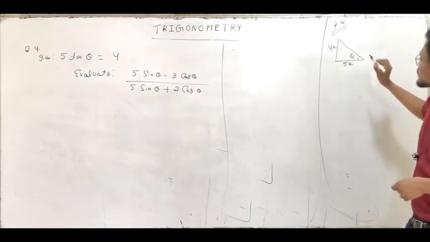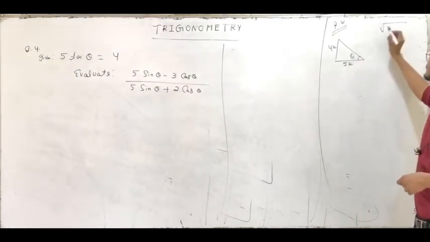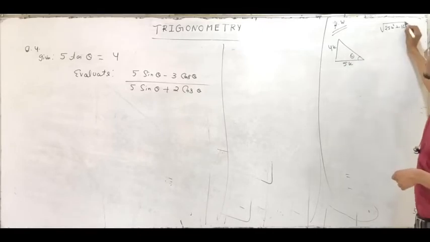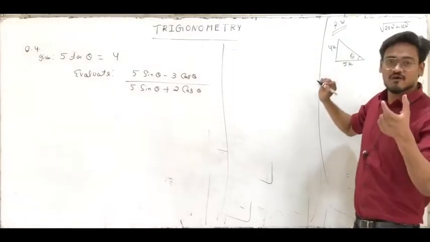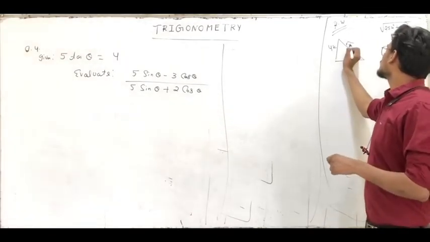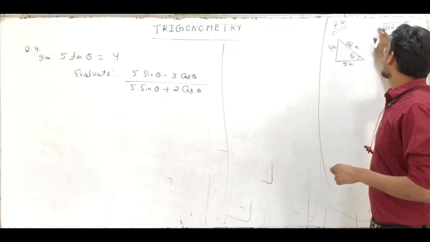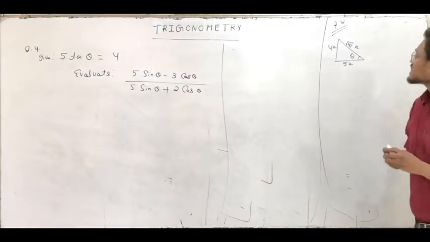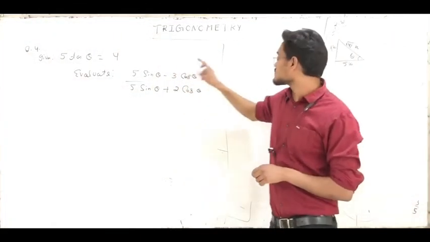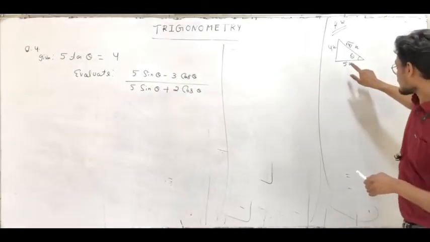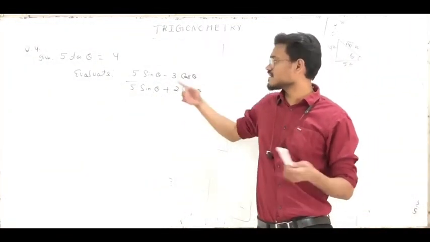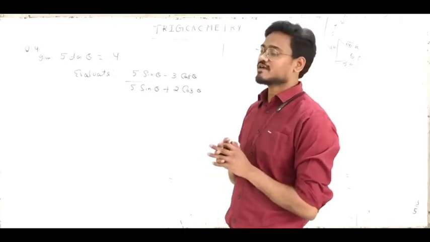You calculate hypotenuse. Hypotenuse is going to be 5 square is 25 and 4 square is 16. So 25 plus 16 is going to be 41. So it's going to be square root of 41K square. That means root 41K. So it's your hypotenuse. Now you will calculate sin theta here, 4 by root 41. Put here cos theta, 5 by root 41, and putting sin theta and cos theta here and solving that, you will get the answer. Okay, but